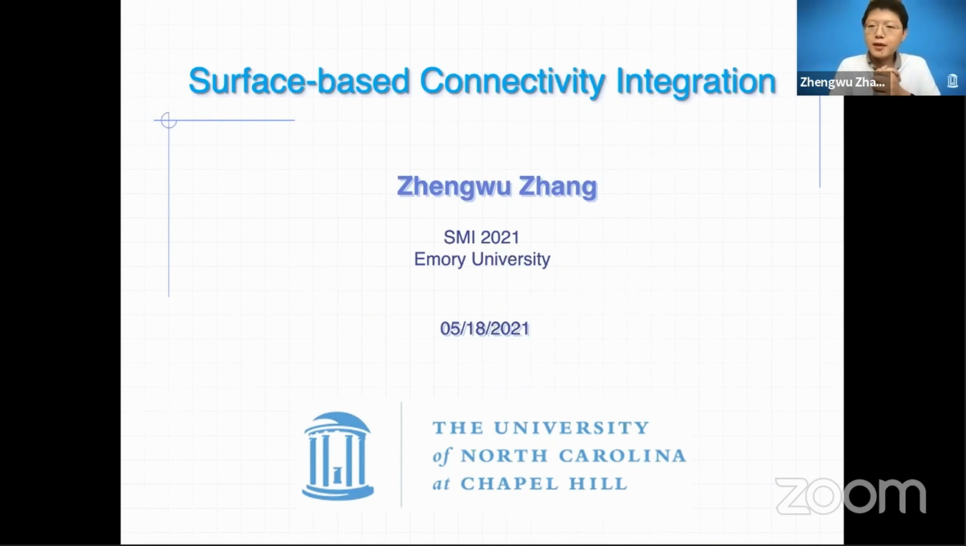So today I'm going to talk about surface-based connectivity integration. And from the title, you can tell that I'm interested in brain connectivity and the connectivities on the surface, and I'm interested in not only one type of connectivity, but multiple types, because of the integration here. So I'll start